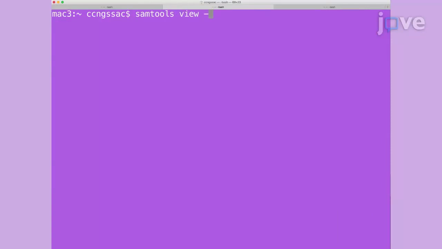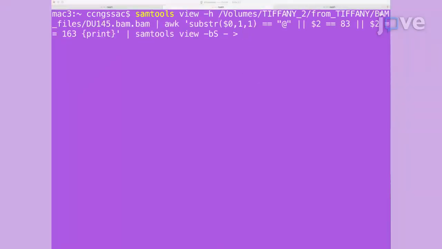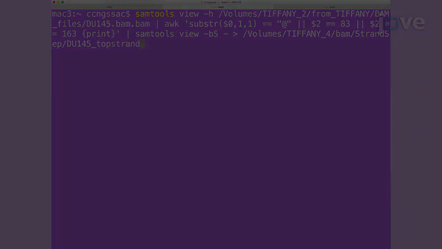Strand separate the output BAM files using SAMtools and Linux commands to select for the top strand and the bottom strand. Note that the